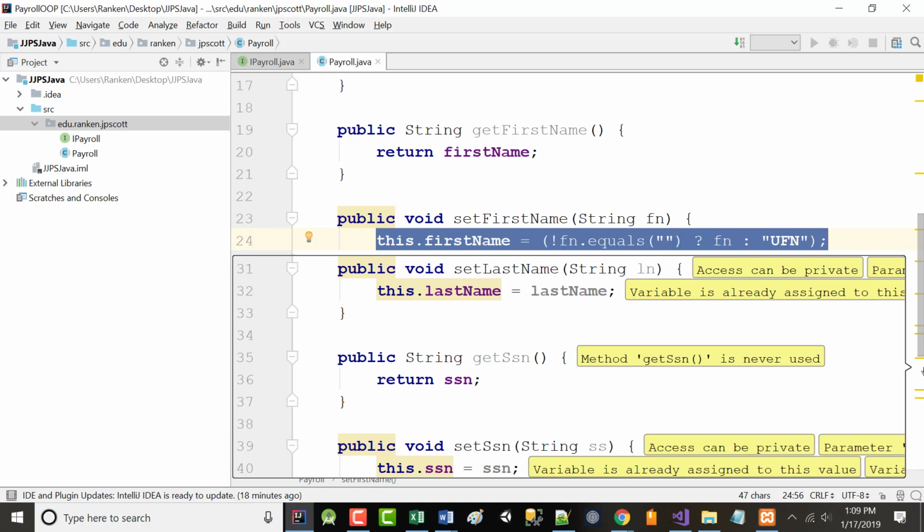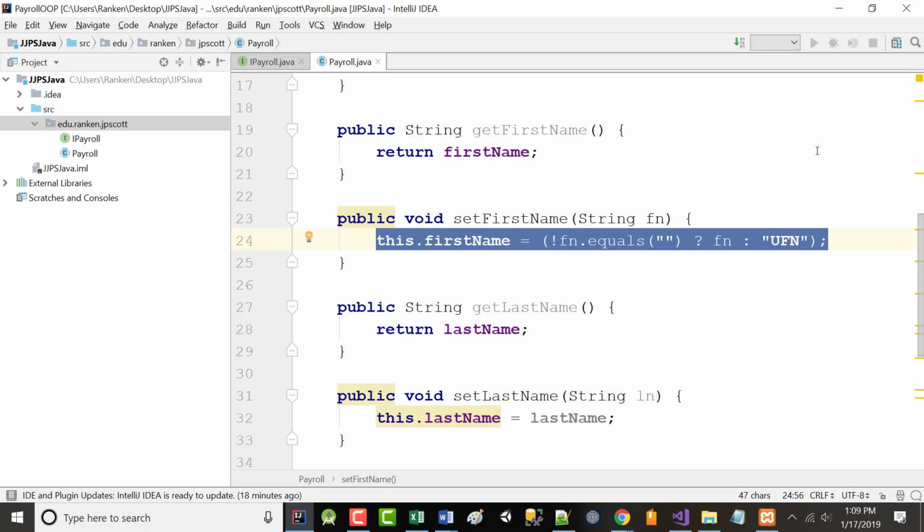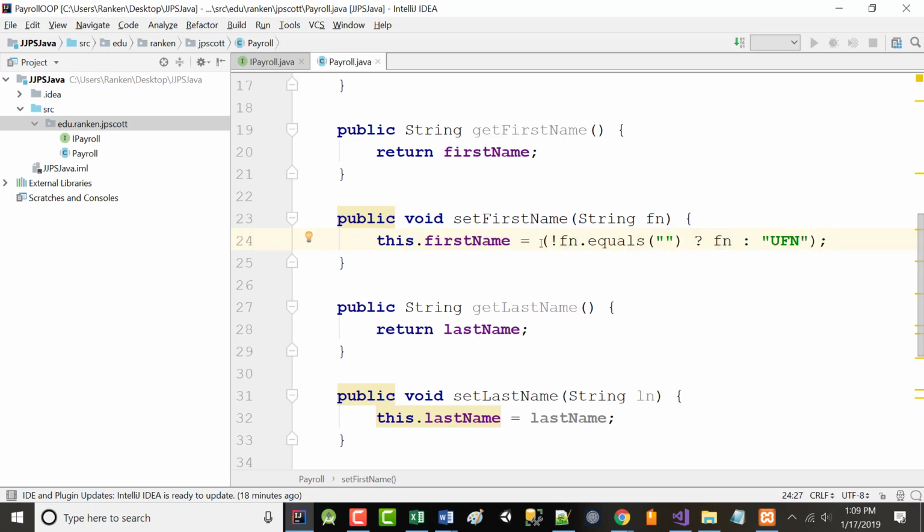What does that line do? Yeah. So it's checking, and it says if the first name does not equal the empty string, meaning there's something in it, then take that fn and assign it to the first name. Otherwise, assign UFN. All right?